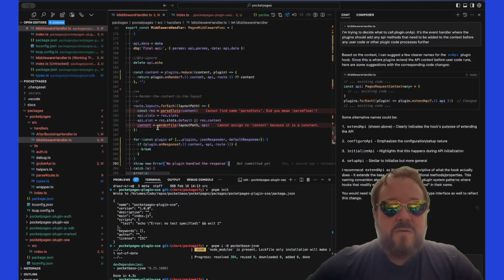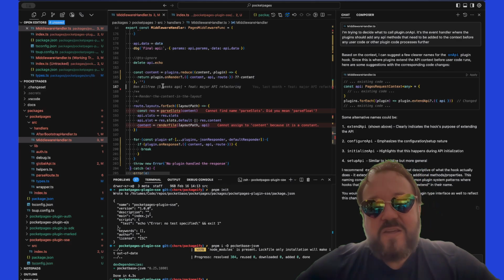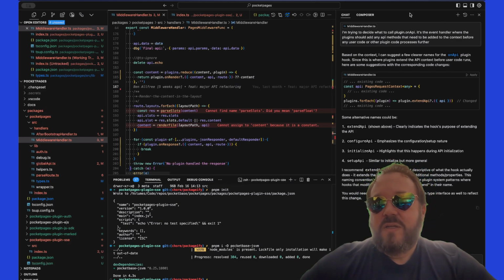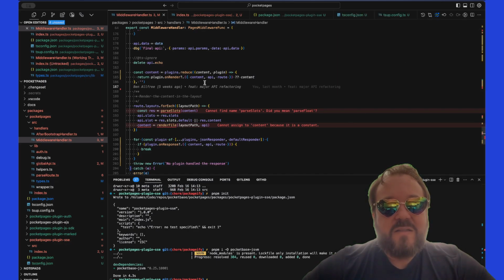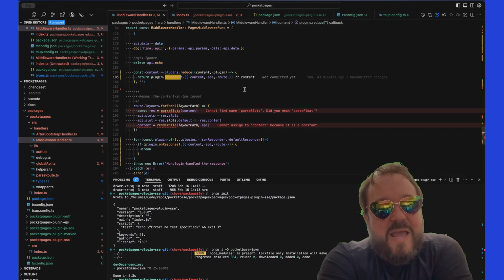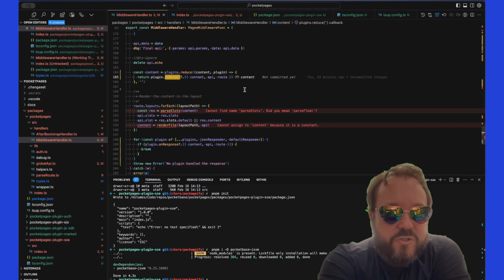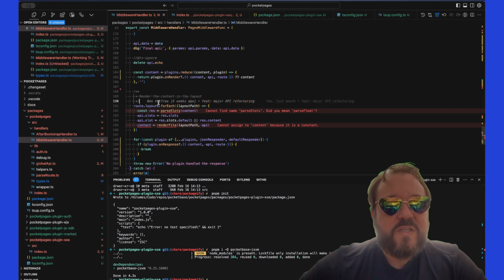So let me return to the task at hand here, which was trying to figure out how to handle layouts in rendering. It's not the same as an on render exactly. It has to happen after the initial render phase. It's like maybe we need an on layout here. It does modify the content variable and it parses slots. That's true. I think what this should look like,